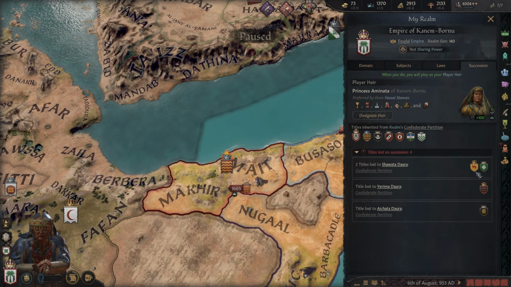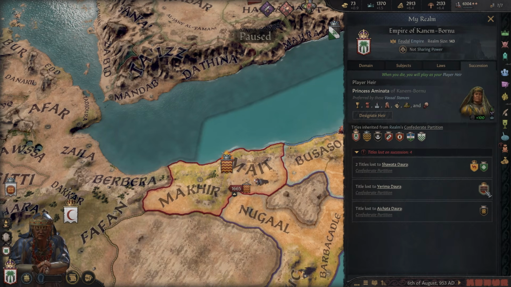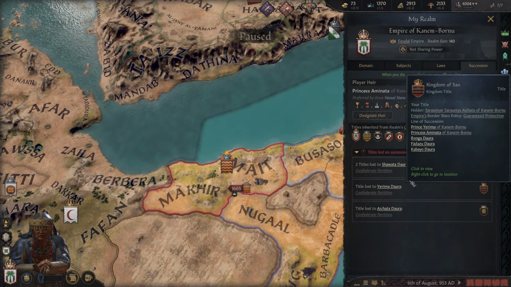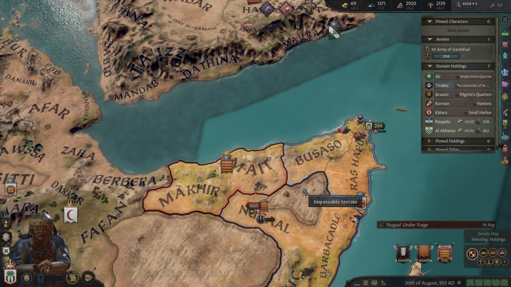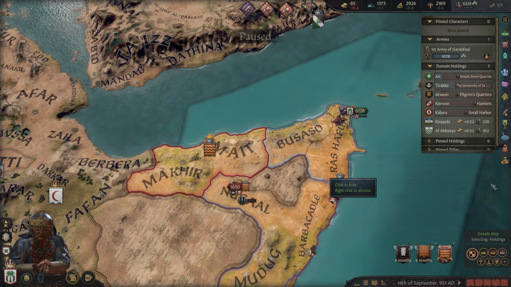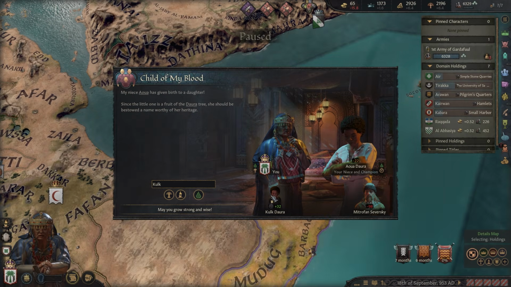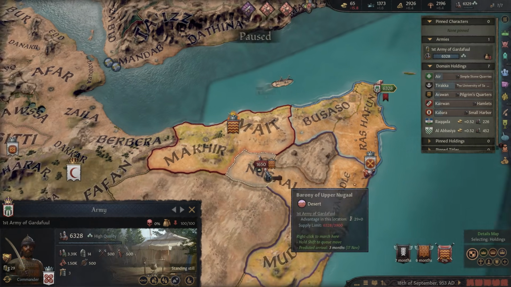Now they're inheriting the Kingdom of Sahara, and then the next child gets that. Wait, on the first one of the Empire, did we inherit the kingdom as well? I think we may have. Huh, interesting. Anyway, it doesn't matter. Either way, it's not really what we're after. Child of my blood. Okay, cool.